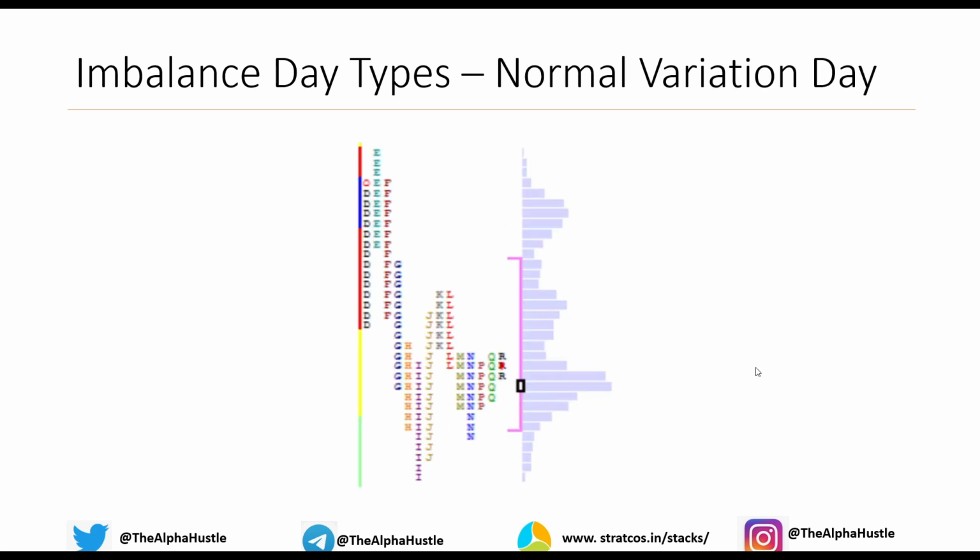The second imbalance day type is a normal variation day, where the market starts off with a small range initial balance. As you can see, the D and E periods are quite narrow in nature. That's formed by the day time frame traders, and the OTF enters the market in F period and G period and starts to take out the initial balance low and extend the range to the downside. So this suggests that higher time frame or the other time frame sellers are driving the markets lower